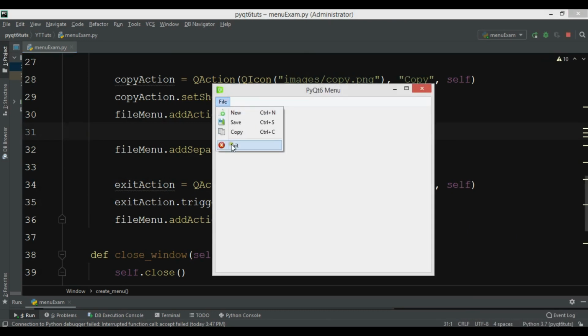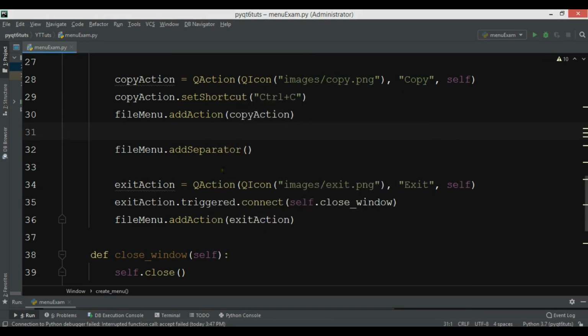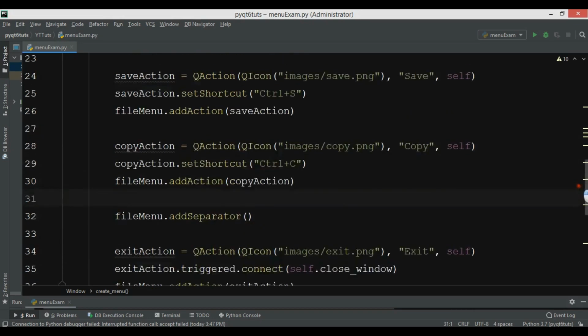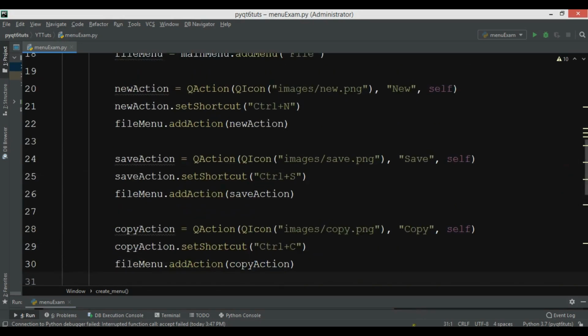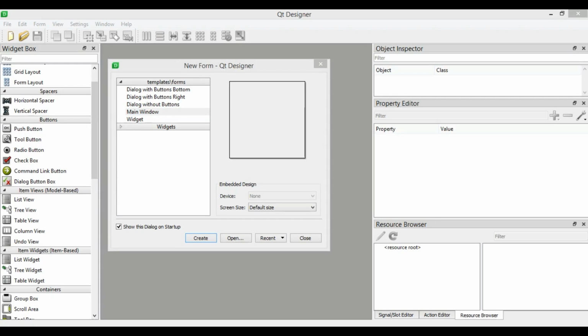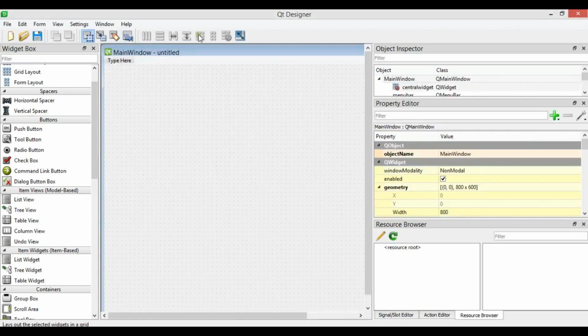So if I click on the exit, you can see that the window is closed. So now if you want to, for example, use Qt Designer, it's also simple. So for example, I have opened my Qt Designer. From here I can just choose main window, create, and now you can see that in here you can create